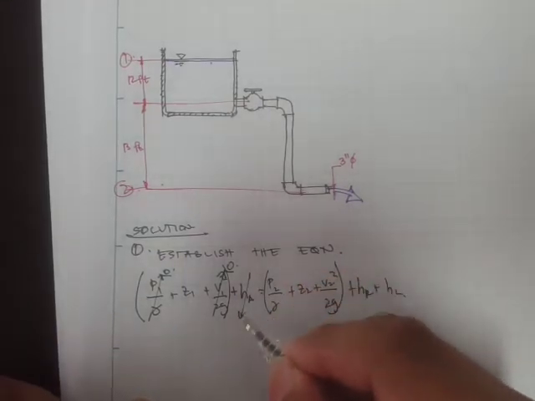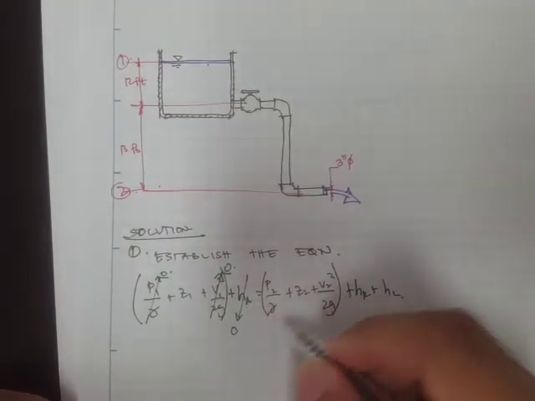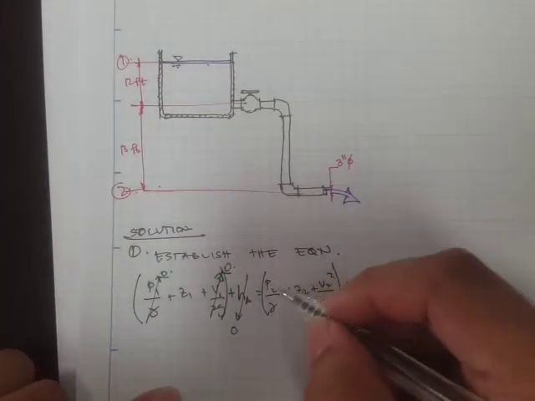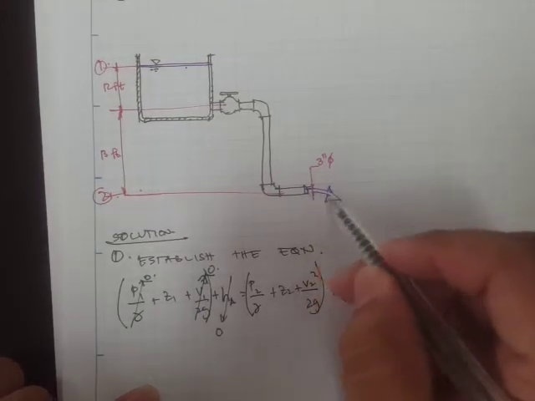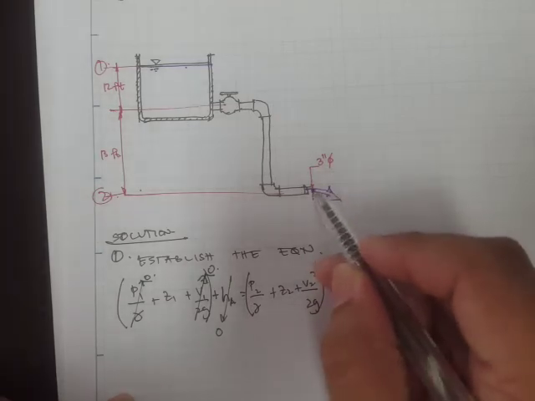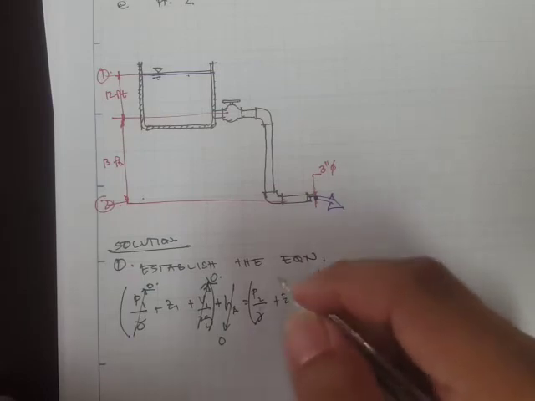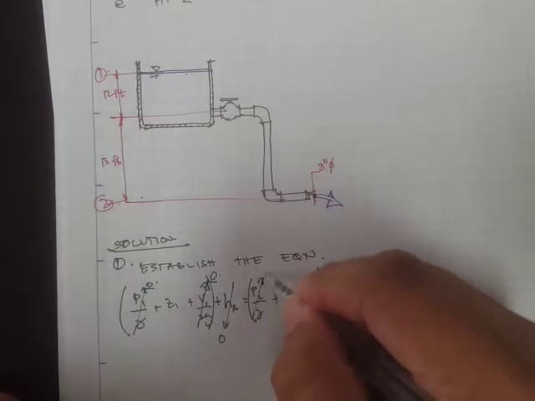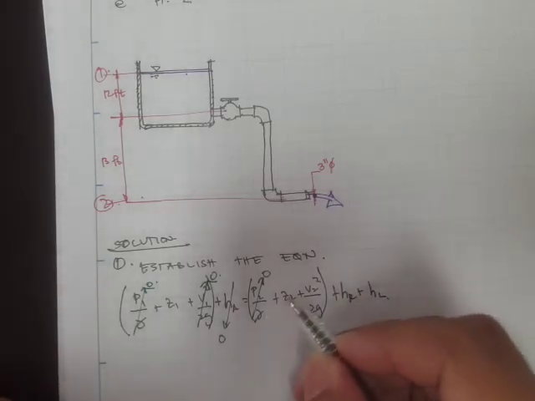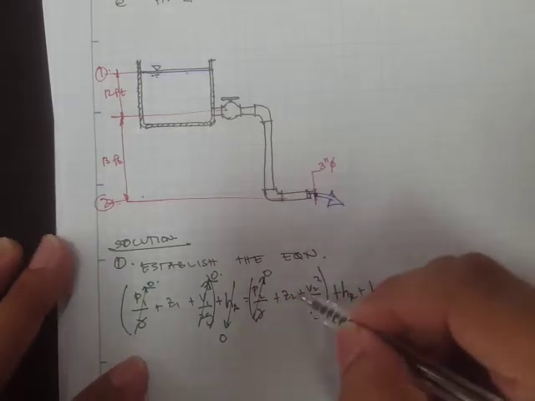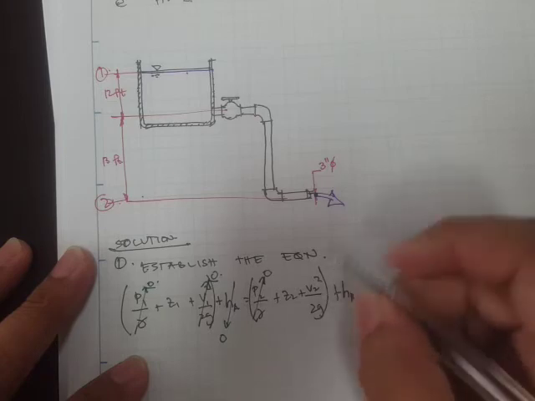Then there's no pump, there's no addition of energy, so this term would be 0. Now for point 2, section 2, since that's outside, it's exposed to the atmospheric pressure, and therefore the pressure head would be 0. Then the elevation head depends upon the reference point. The velocity right here, since we are given